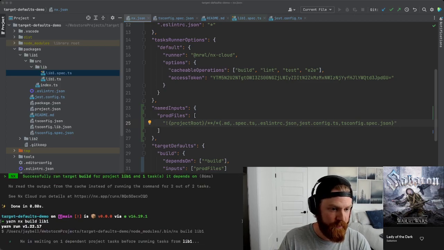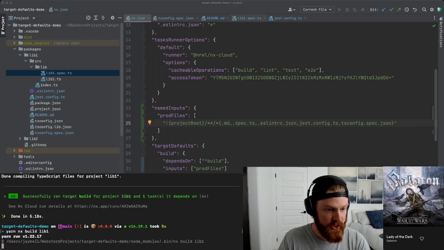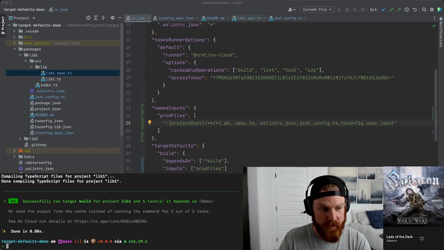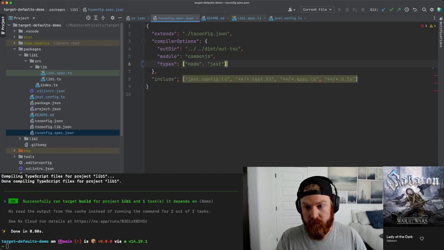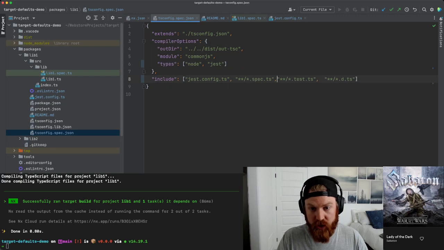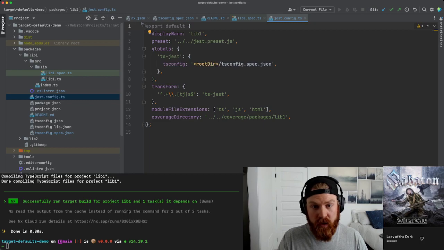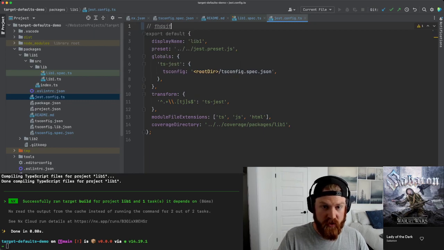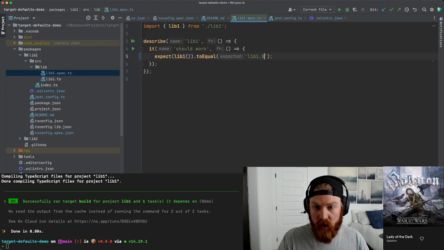So let's prime our cache to make sure that it's all cached and everything, and then we'll go affect each of these individually. So we'll do this. What do we want to add here? Let's just reorder this to make a change. Okay, there we go. Add something to the README. Just config. Let's just add some stuff to a comment. ESLint. Don't really care about this one, so let's just add some stuff there. And then our spec file. Okay, so now we just affected all those files, and